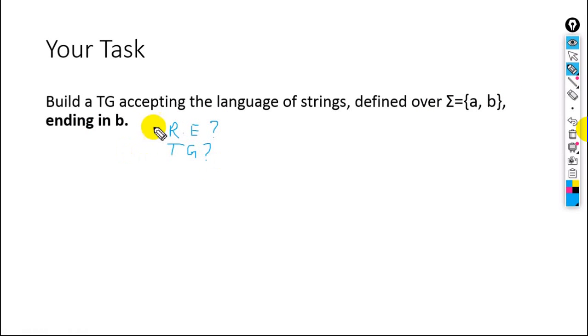In the previous question, what we had was starting with B, and here you have ending with B. So the condition is changed. The condition is opposite. In that case, the regular expression was just like this: (A plus B) whole star. Okay, but in this case what we have is ending in B. So here we have starting with B, here we have ending with B. So you should make a transition graph for this. Okay, next what we have,